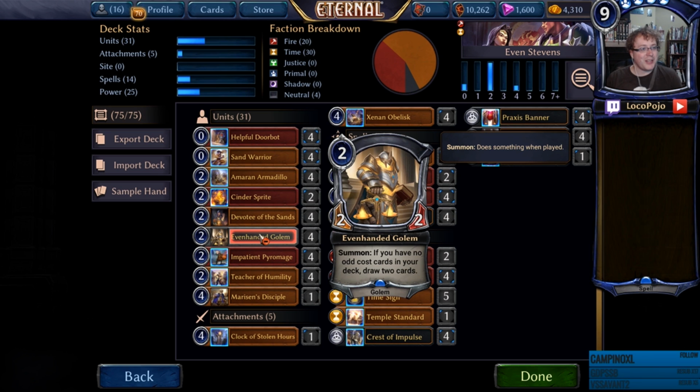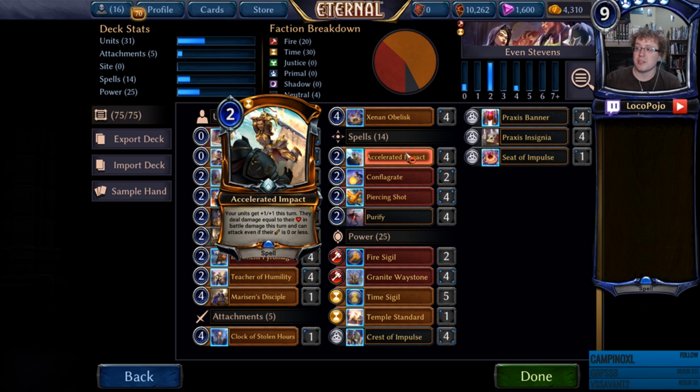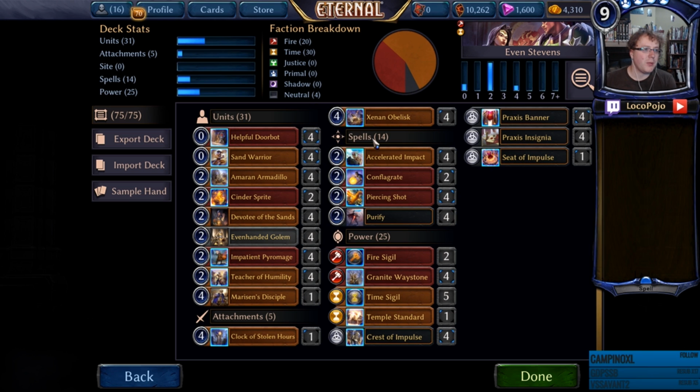But this was the first one that I built, basically one of the first decks that we built when we got started, and I had a blast with it, and it did super well while we were playing with it. So we're going to show it off and talk about what's going on with this. This is an aggro deck using Helpful Doorbot and Accelerated Impact, a combo that we've played with before a little bit,